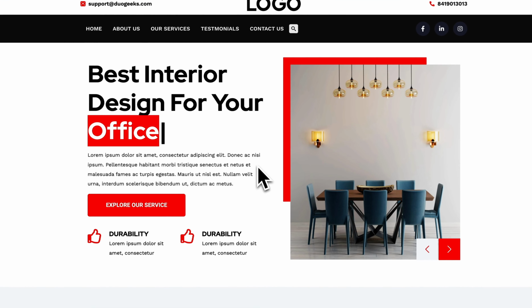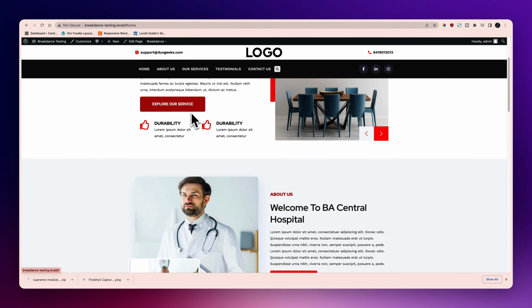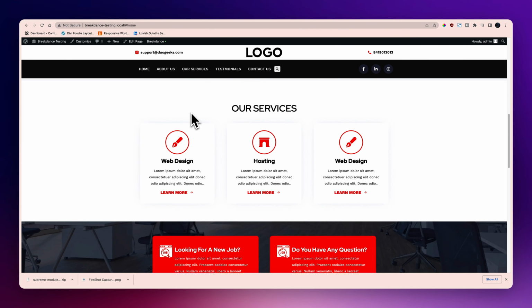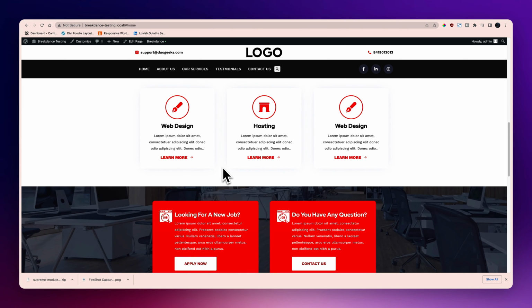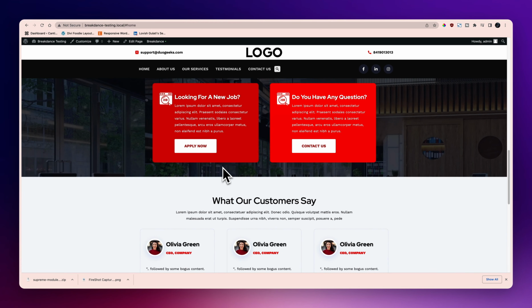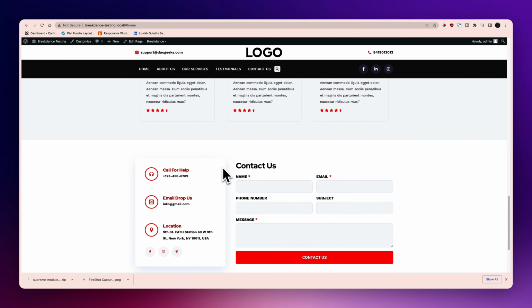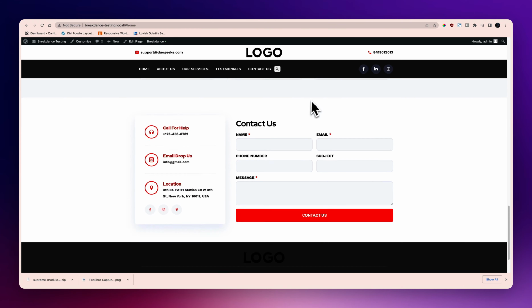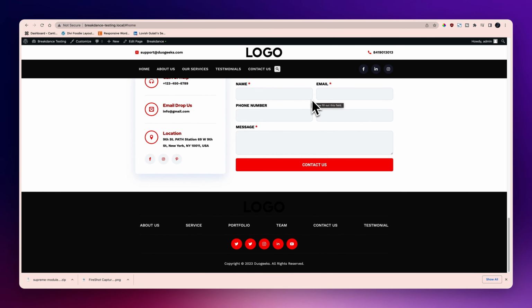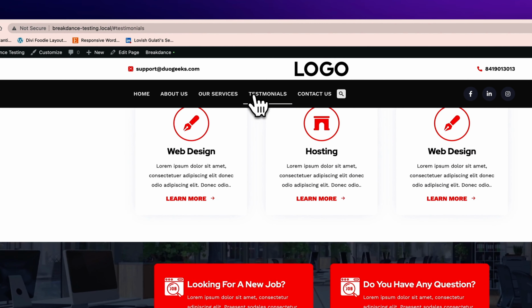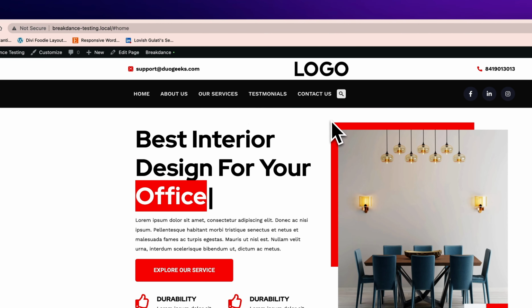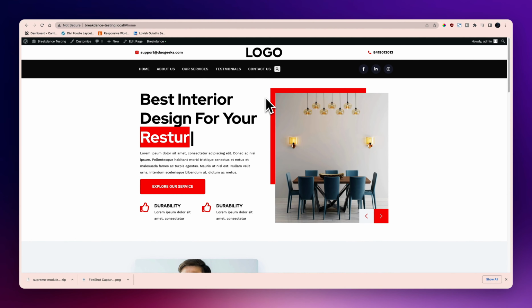Now the new one is the red one. So everywhere if you see, it changed in just a single click. So you know how much time it's going to save you in the designing. And now you just need to ask your client to give you the content, and that's it. Mobile version is ready, all the devices are responsive, colors are ready, design is ready, and your menu anchor links are ready, everything is ready. Now it's just the client part, which is the logo, content, color, and social media and stuff